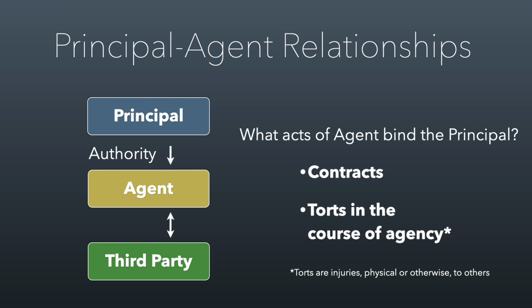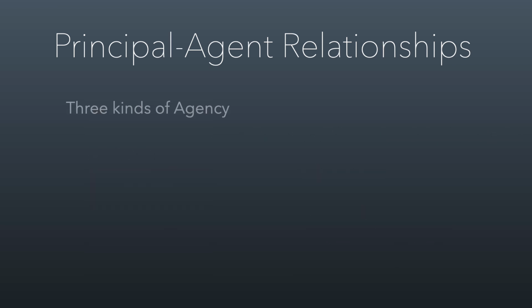And I want to talk about agency in particular, because there are three different kinds of agency in the law that will be important to the way you think about this legal question. The first is express agency. This is where the principal told the agent what to do. So you said, Stanley, go buy the pizza. That's express agency. You've given him the power to go get pizza.